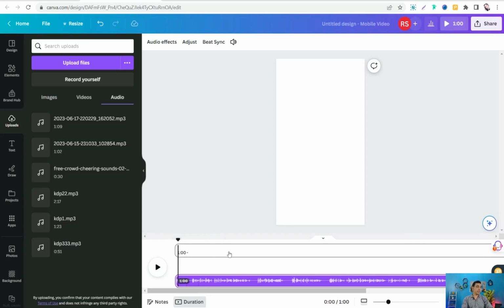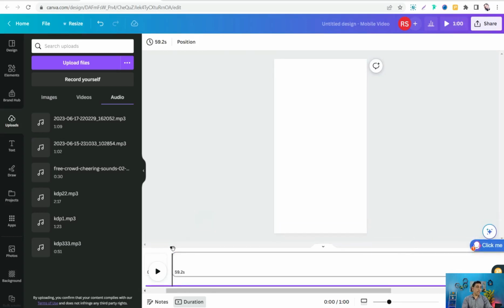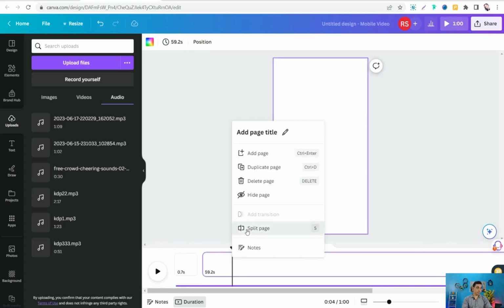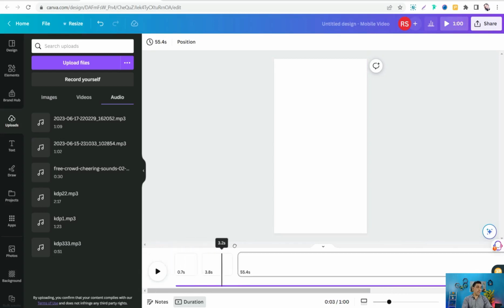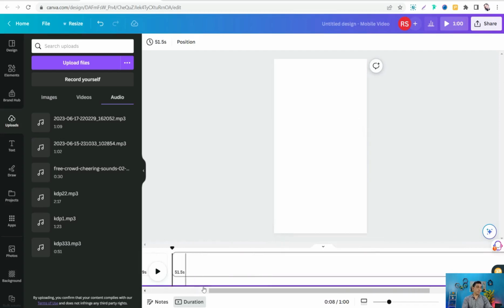And so we can separate this entire video into many scenes. How to do that? We can go to after 5 seconds, 6 seconds, as you want, and then right click on your mouse and select split page, as you see. And of course you can do the same process again. So you can go to this one here, split page, and so on and so forth, after 5 or 6 seconds in every single scene for your